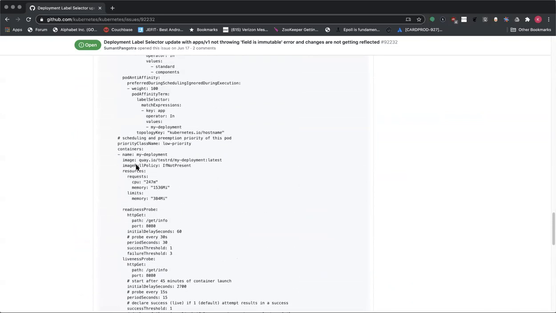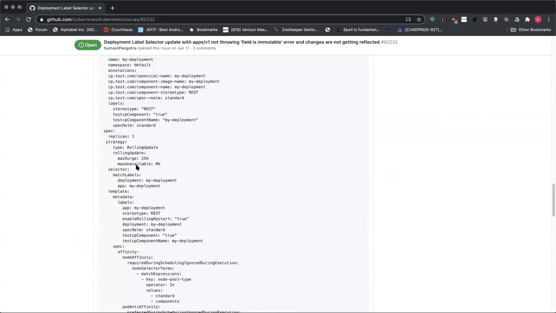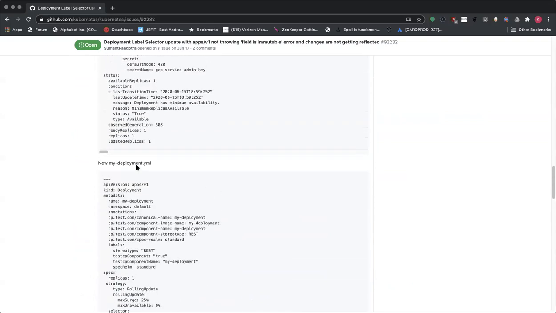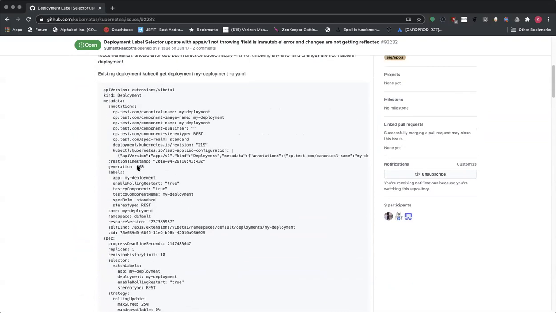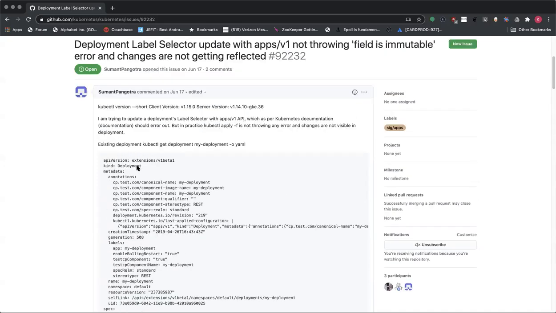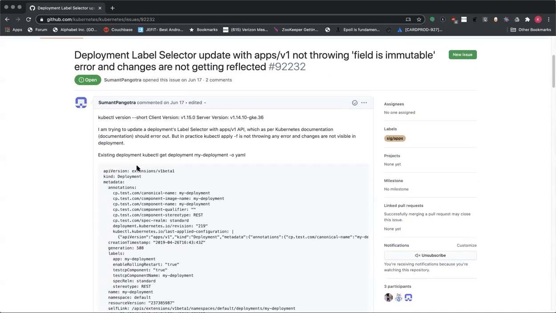But from the API machinery perspective, the correct result seems to be returned, and it's implemented in the REST controller endpoint for apps v1, but it looks like when they're using kubectl to apply it, it does error out, right?